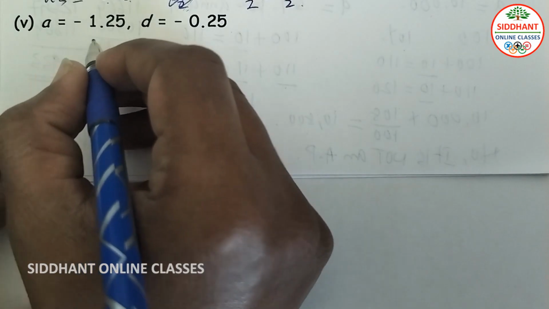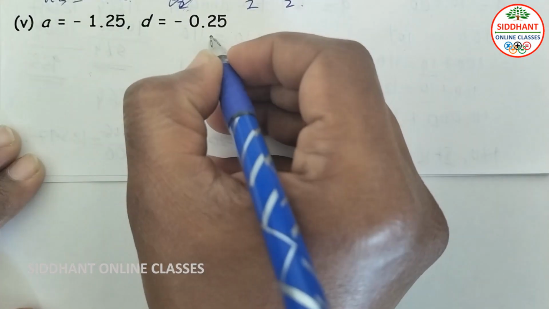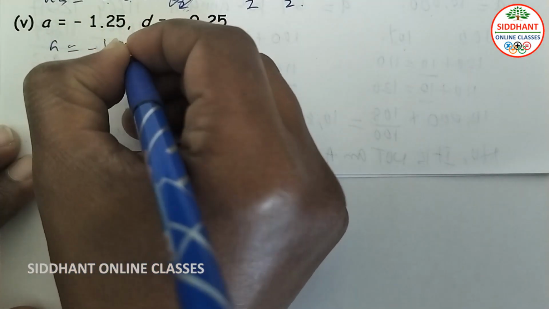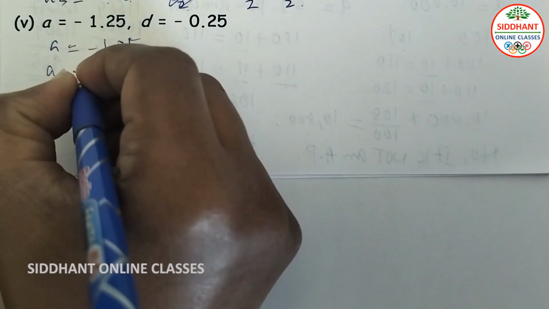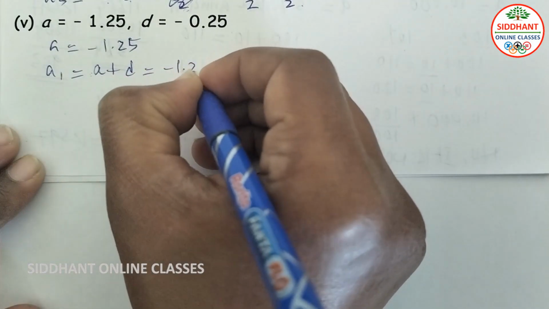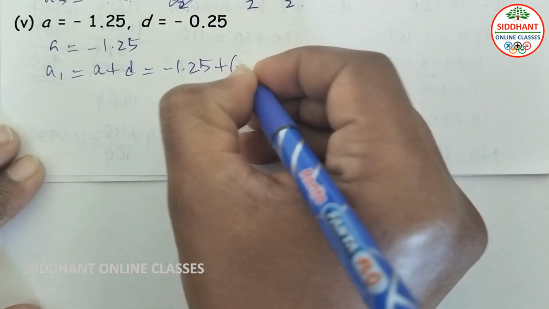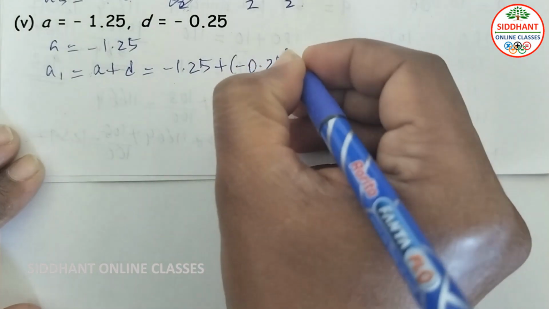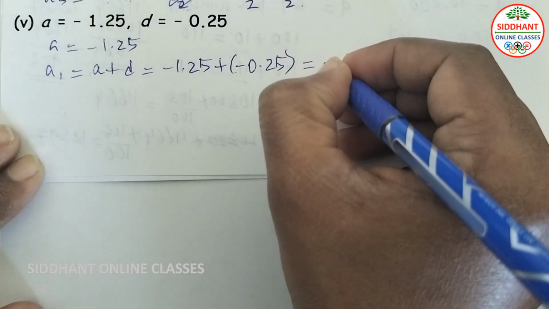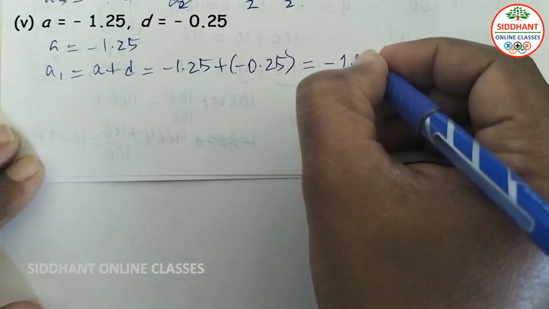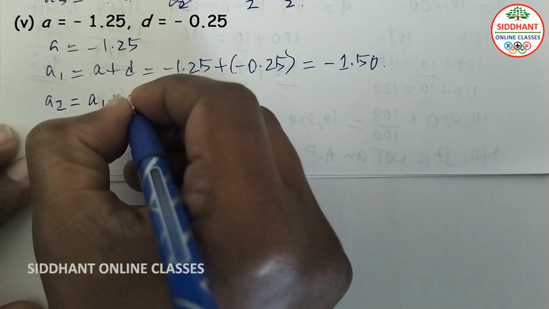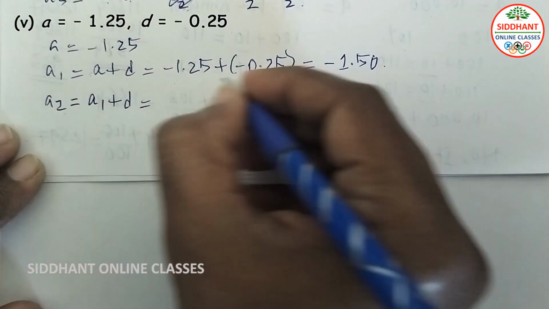Fifth one, A equal to minus 1.25, D equal to minus 0.25. So here A equal to minus 1.25. Then A1 equal to A plus D, that equal to minus 1.25 plus minus 0.25 here. So that we get minus 1.50 here. Next A2 equal to A1 plus D, that equal to A1 is minus